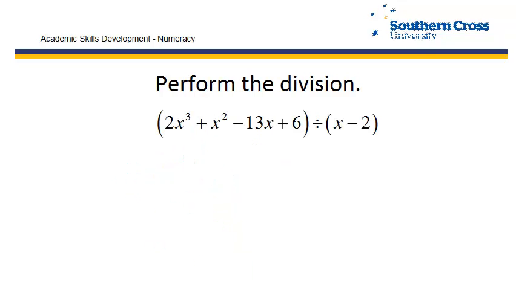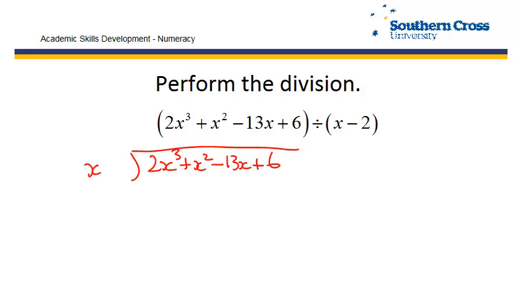Now this one's a little bit more complex, but the solution turns out to be more meaningful and more constructive. So this time we've got 2x cubed plus x squared minus 13x plus 6 being divided by x minus 2. So first up, what times x gives 2x cubed? Well, that's got to be 2x squared. So multiply this whole term by